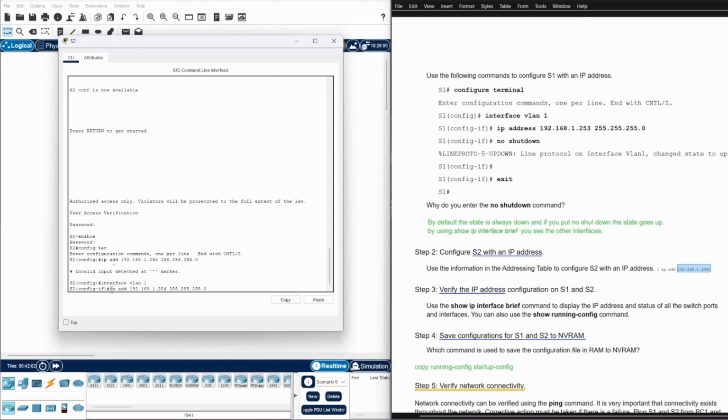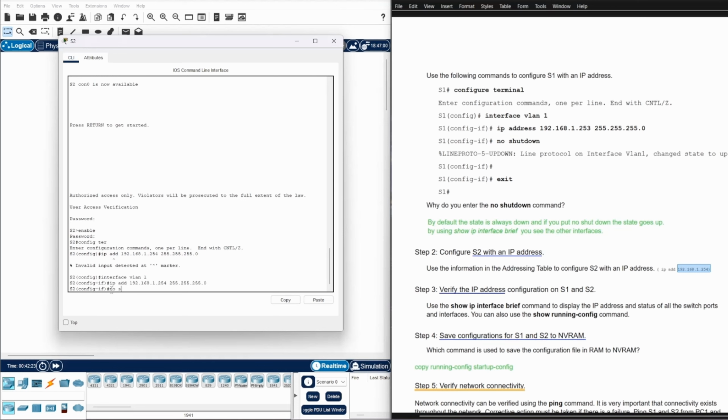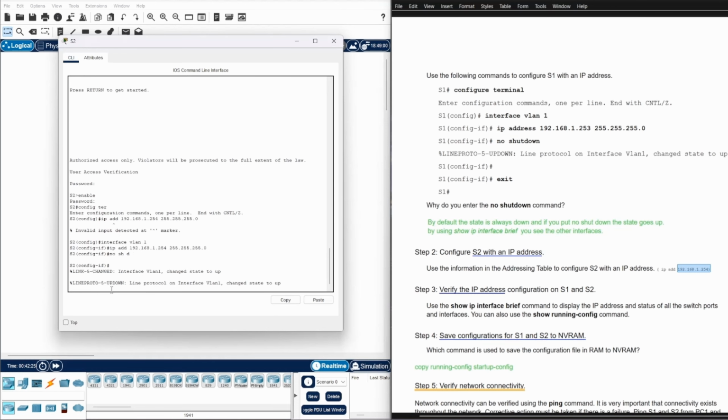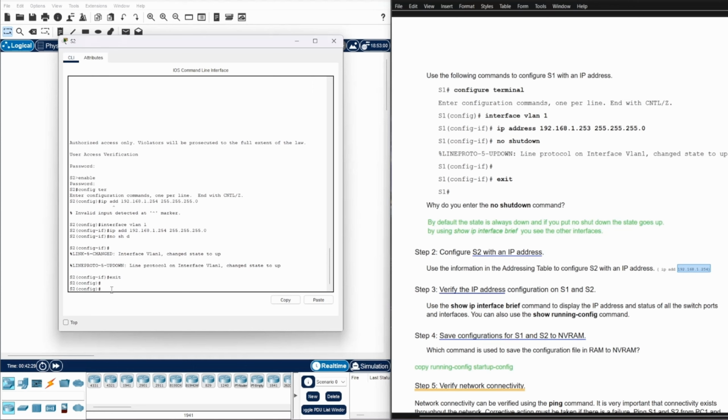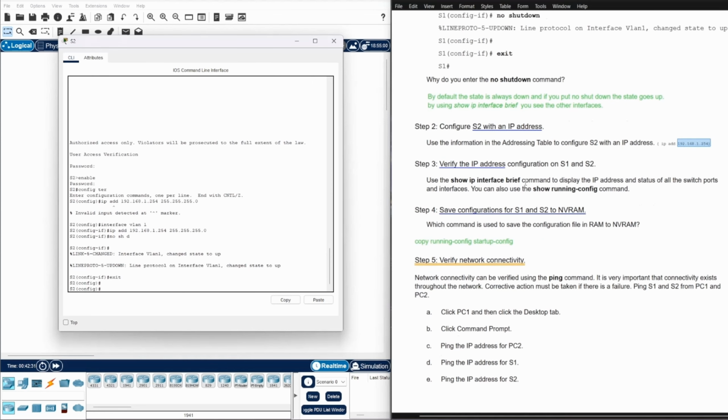Okay, just use the arrow up on your keyboard. You already typed the command, so just use the arrow up on your keyboard, and then no shutdown. Here's the status up, and then exit. It's done. So show IP interface brief command